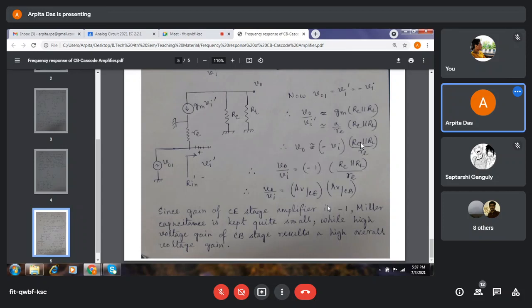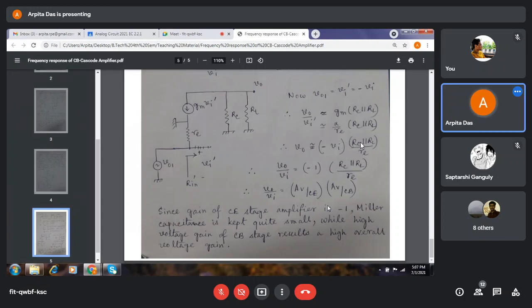loading effect. And since voltage gain of CC amplifier is unity, it doesn't provide further gain. It is not required now. The last stage actually will give you very high input impedance to transfer the total amplified signal to the output load. Actually it will give you better fan-in, fan-out condition. In general, the last stage of cascading is the CC stage or emitter follower stage.